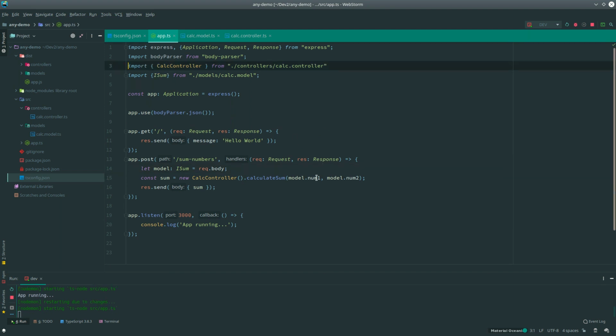So this is a simple Express server using TypeScript. I have a root to get. It just returns hello world. And I have a post root, which accepts two numbers. So this request body has num1 and num2. Okay, it accepts two numbers and it sums those numbers